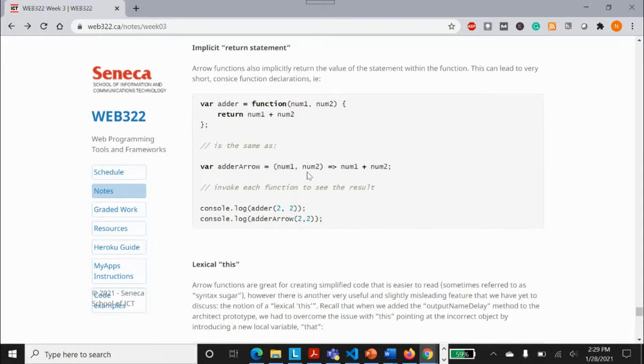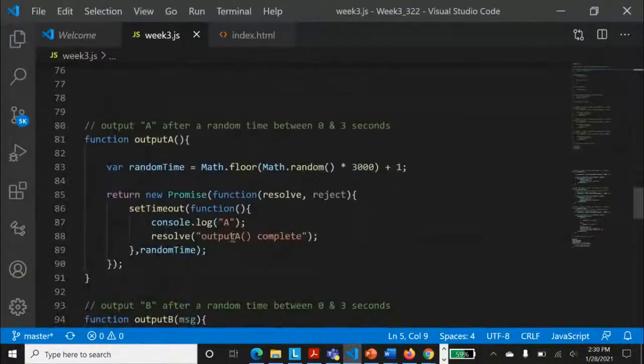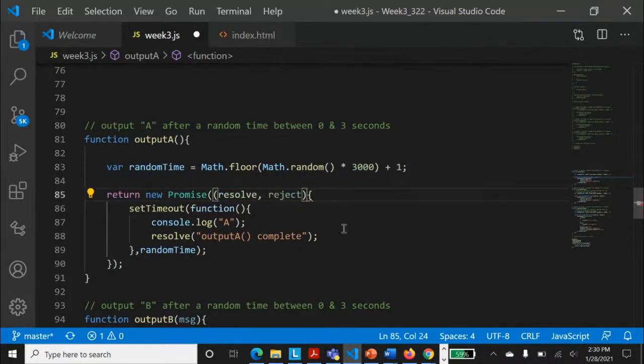So again, what you do is you place brackets if there is a list of parameters, you place those parameters, then the arrow, and then if there is a body, you place curly braces and put the body inside that. Otherwise, you can just place a single statement, and that would technically return the value out of it. I'm expecting that you are familiar with that arrow syntax, and it usually goes like this. If you see here, it will be this response and that, and if you do that, it would typically mean the same.